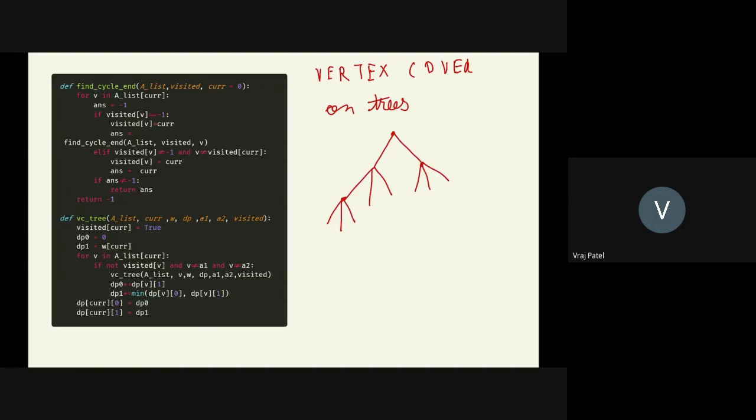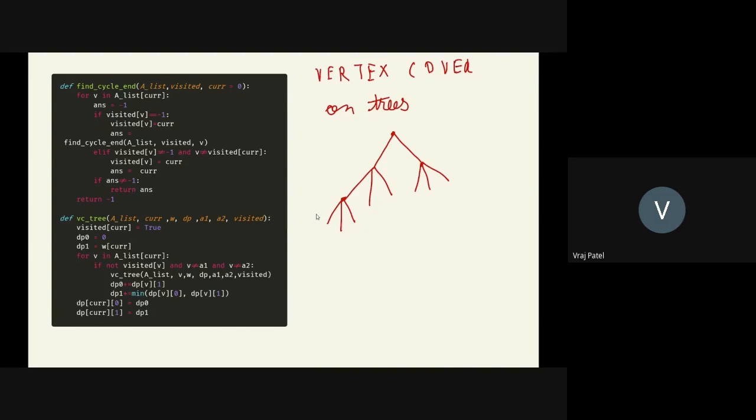Okay, so maybe you'll understand after we try to solve it for trees. Yes, just that you have to find a set of vertices which have the minimum sum of all the weights of the vertices inside, and you have to do it in such a way that for every edge of the graph, one of its vertices is part of that set, right? So this name vertex cover is very misleading. You are selecting vertices, but what you are actually trying to cover is all of these edges, right? So it's a very misleading name for some of you. It's really confusing when you see it the first time.